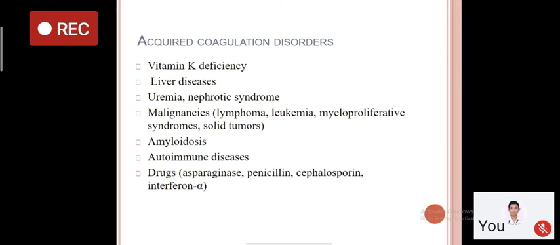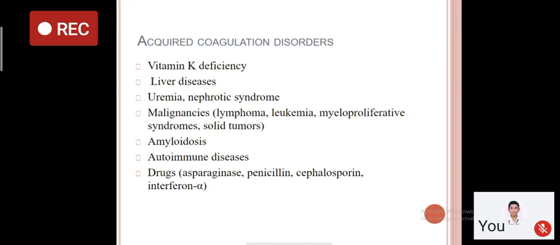protein, these are altered. So vitamin K, as we all know, is required for the post-translational modification of some of the coagulation factors like 2, 7, 8, and 9 and 10. So if the patient is vitamin K deficient, there may be prolongation of the partial prothrombin time, and there